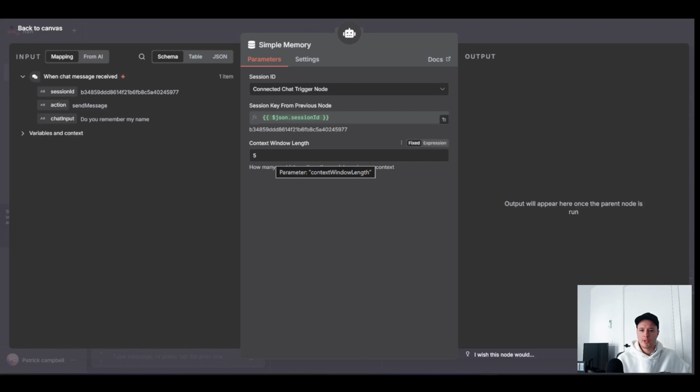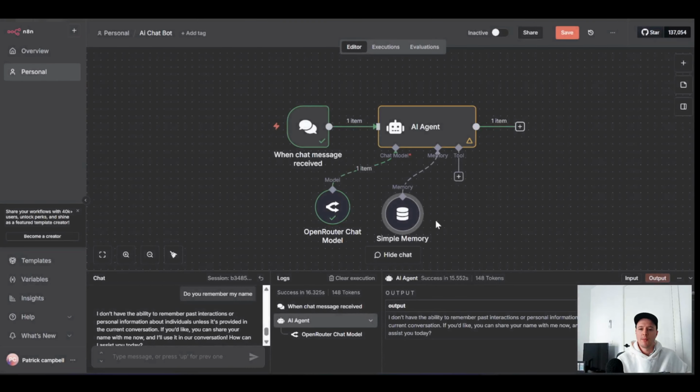The other one down here is the context window length. Essentially this is just the number of messages of information that it will remember. So for example, you might set it to 10. That essentially tells it that it will remember the last 10 messages worth of information that you've sent through. So now that I have that connected and we want to save it, what we can do is go,